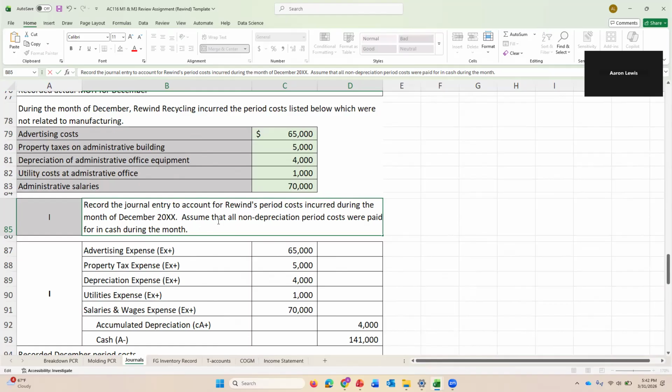And this thing says over here for the amount that it was, and it says that all non-depreciation costs were paid for in cash. So I took a $4,000 credit to accumulated depreciation for that depreciation on our office equipment. And the remainder was in cash. So I just added 65,000 plus 5,000 plus 1,000 plus 70,000. And I got a $141,000 credit to cash,